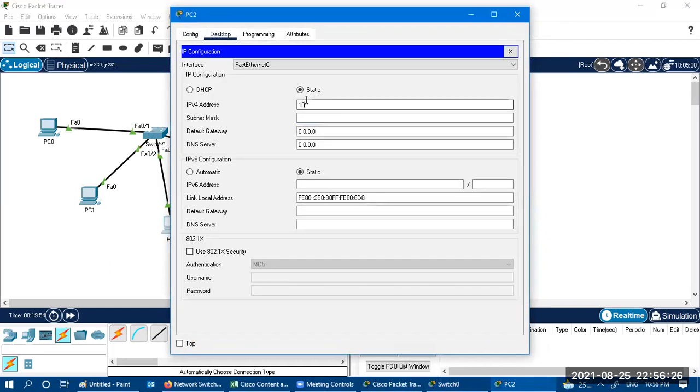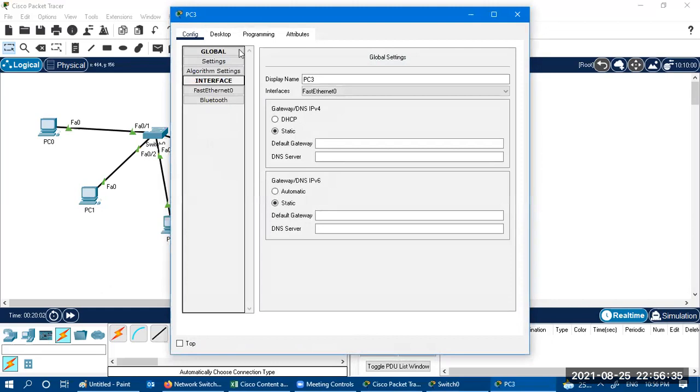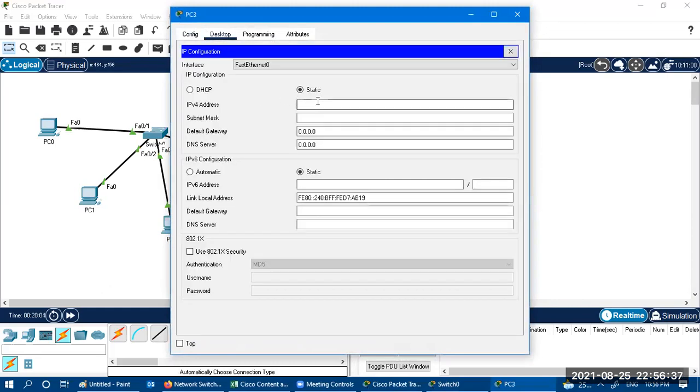Desktop, then 10.1.1.3, and 10.1.1.4 with 255.255.255.0.